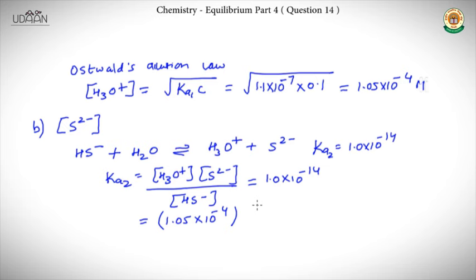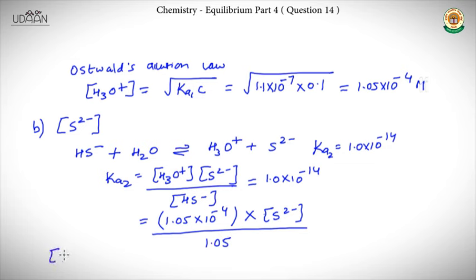These approximations, with practice, will come naturally to you. The concentration of S2- ions I need to find out. The concentration of HS- ions can be taken as 1.05 × 10^-4, because the ionization of HS- is very small. So from the first reaction,